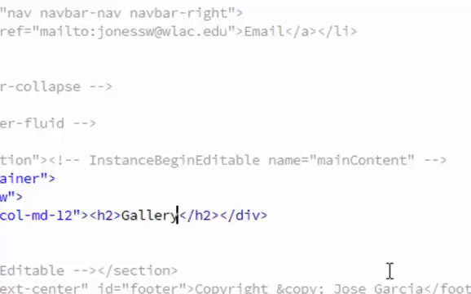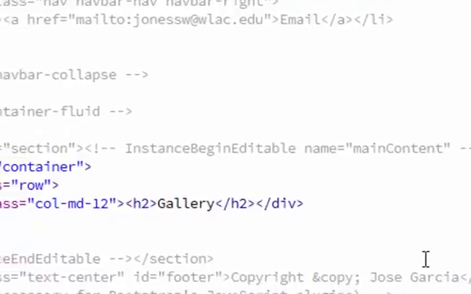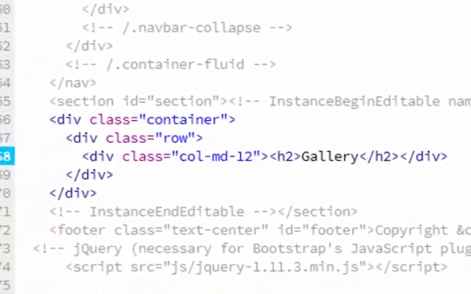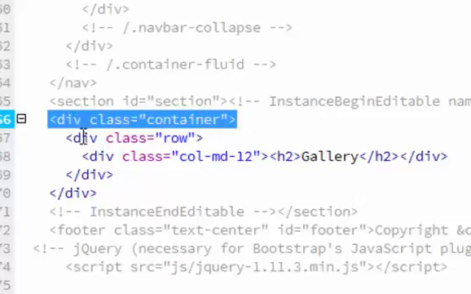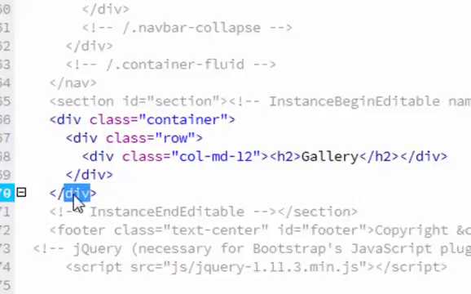G-A-L-L-E-R-Y. Now what we have done so far, adding a container, the container is holding a row, and the row is holding a column. Now we can, once again, visually, we get a clue as to how this works because we have our container. That's the opening tag, and this is the closing tag down here. If I double click on it, you'll see how Dreamweaver kind of gives it a slightly gray background. And then inside of this container, we have this row. And then inside of this row, we have this